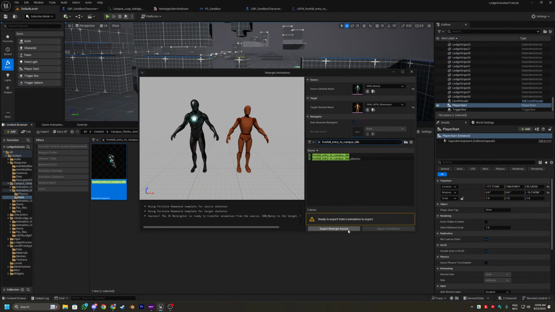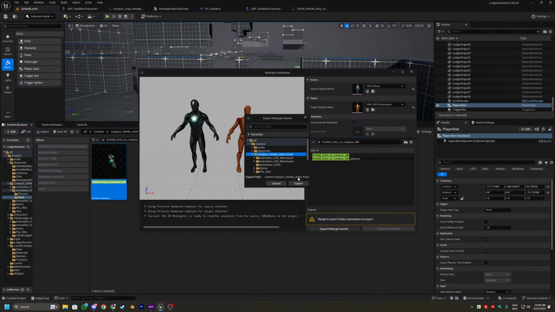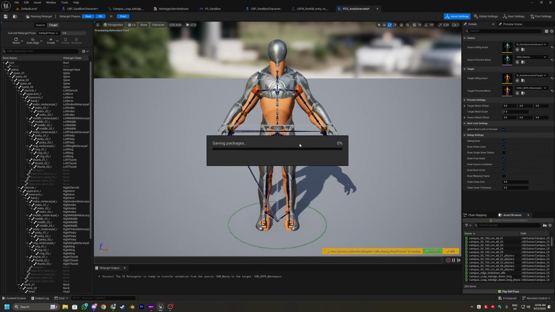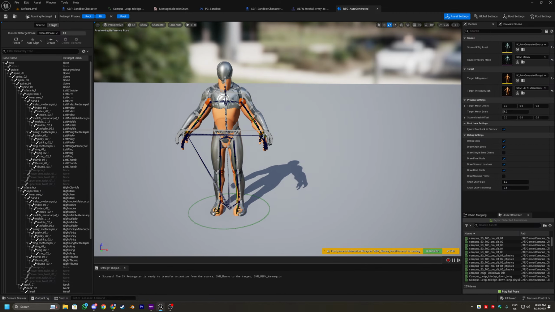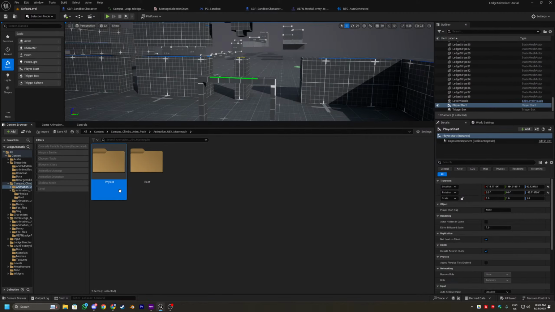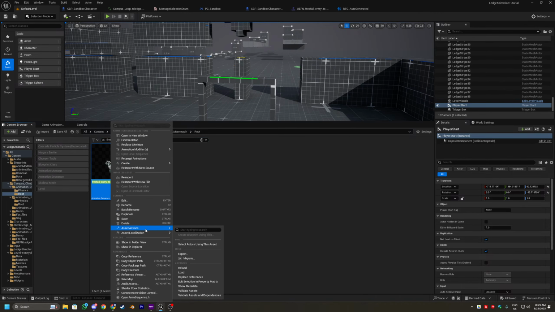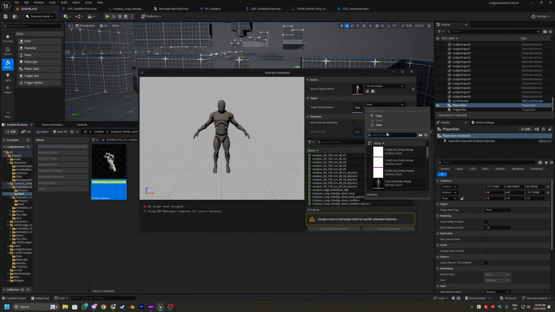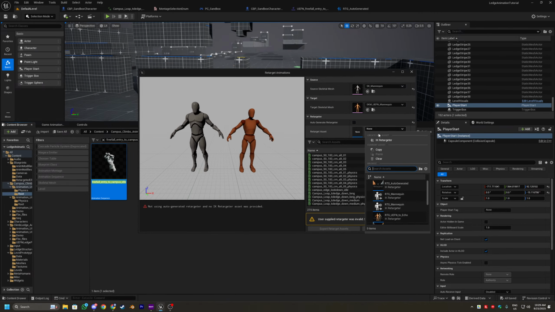In this case, I'm just going to export the retarget assets and then go to campus, export it so that we can click here on this one, save everything first. Or we could go to the UE4 mannequin, go to the root, and try to search for that same animation and see if we can get better results by retargeting with this one. So let's do retarget animations, UEFN, but I think we already have that in here. So it's UE4 to UEFN,